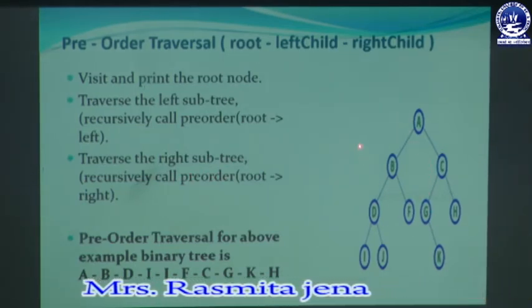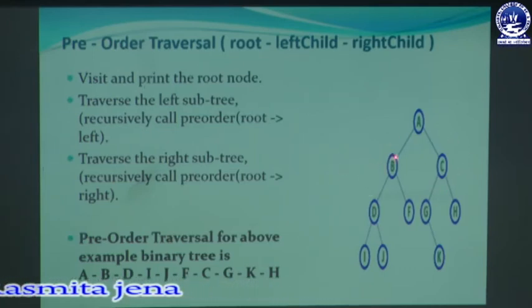So let's consider this is our binary tree. As per the algorithm steps, first we will visit the root node. So in this binary tree, A is the root node. First we will visit the root node A. You can see the example. First we will display the node A. Then according to the algorithm step, we will visit the left subtree for the root node A. That means we will visit this left subtree.